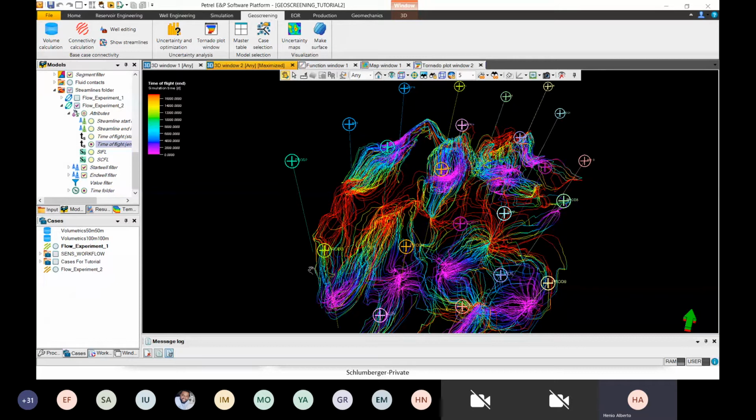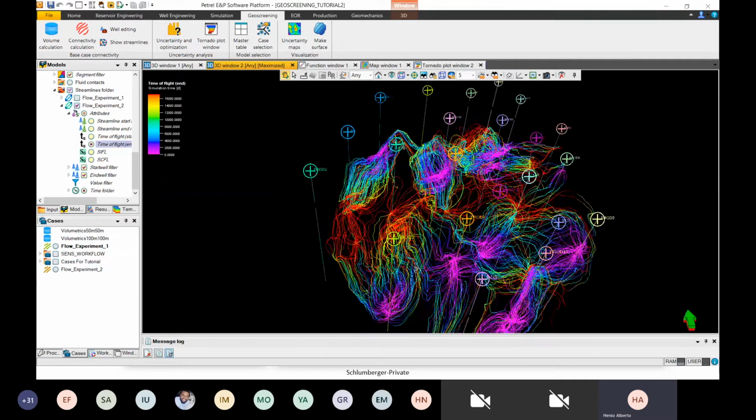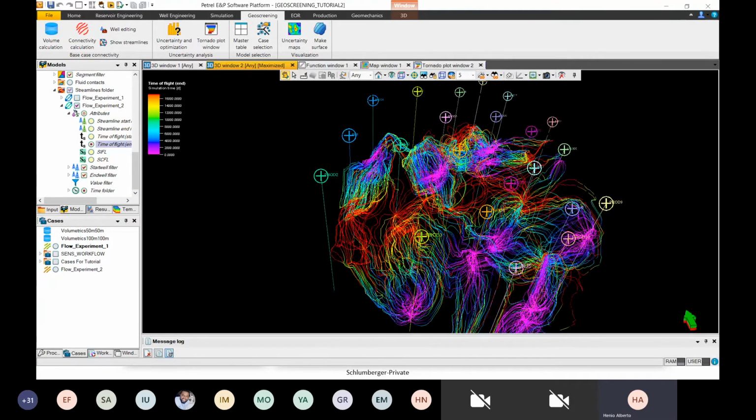There are zones which take a long time, and we can see the connectivity between this injector and this producer and how long it takes to connect both. Also, one very good thing, like Carlos was mentioning, is adding the faults, and through the faults, we can see the main